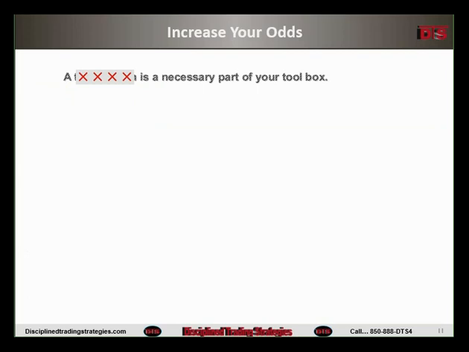A handle. That was a good one. I can't wait for you to get in the trading room. We already have like 2 comedians in there that, of course, are far below my level of comedy, but they're trying, and now we're going to have a third one in it. That was pretty good. Trading plan. Yeah, a drink is a necessary part of your toolbox. A margarita is a necessary part of your trading toolbox. Yeah, it's a trading plan.